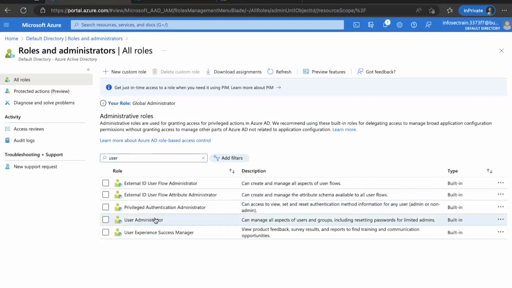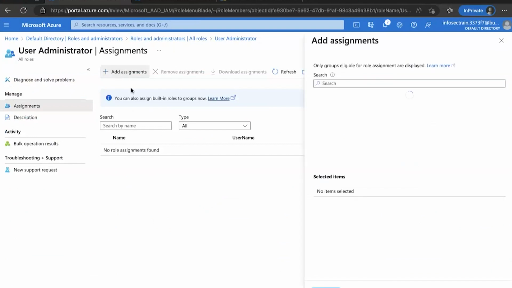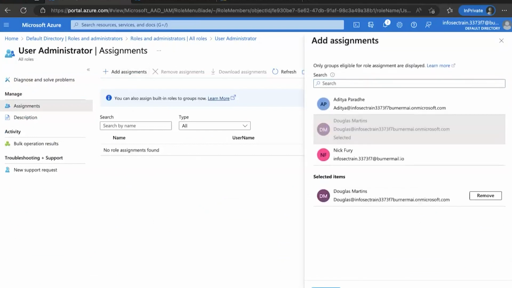user admin, right? So if I make Douglas the user admin, what is going to happen? Instantly, Douglas can have the ability of creating your users, changing their password, managing those things over here.